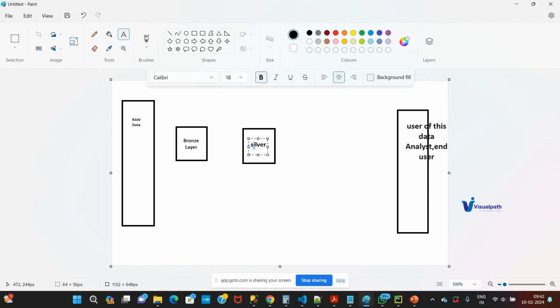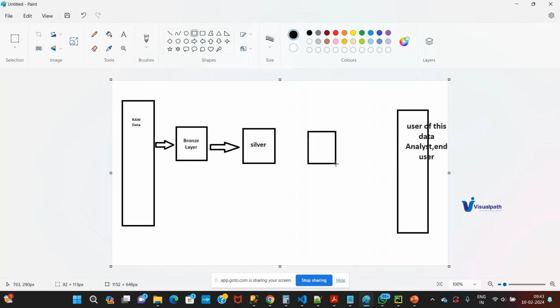Let's call it a silver layer. So data moves from this place to this place. Also data moves from your raw layer to bronze layer, right? Now you need the data in a certain format. So you again apply some business logic or based upon your requirement, you move the data to a different storage. And we call this the final layer or the gold layer of data,